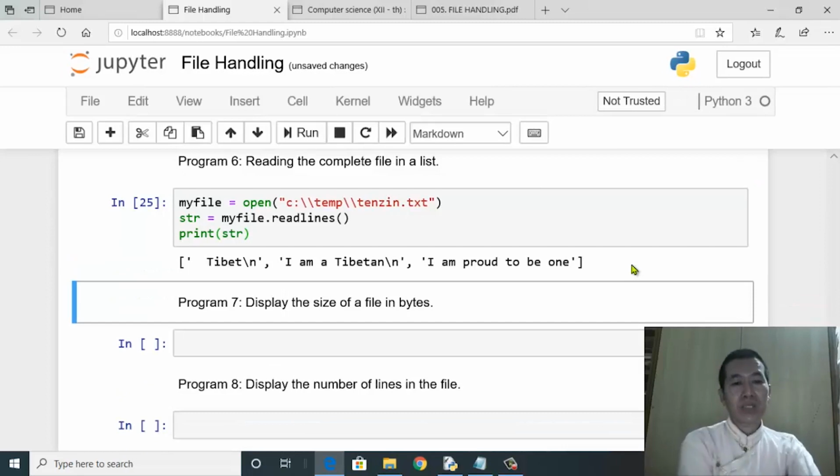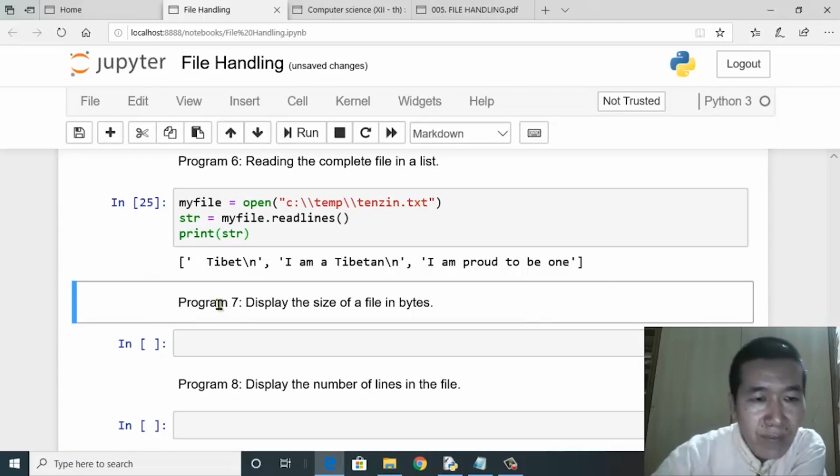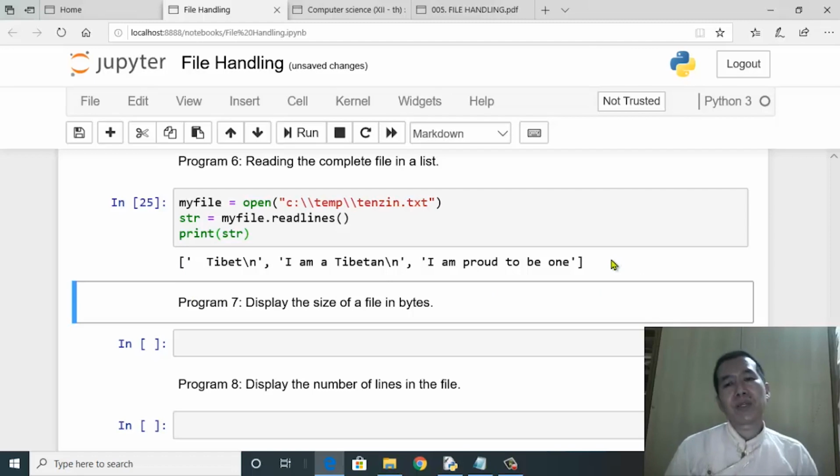Now this time I'm getting to see a different kind of output. You have this pair of square brackets. Do you remember the representation of this square bracket? If you are able to recall correctly, we have learned a data type by the name of list. So this square bracket represents the data type of list.